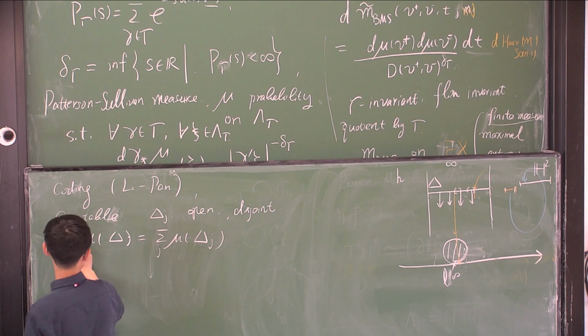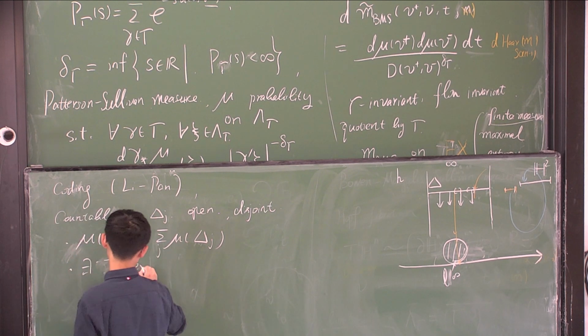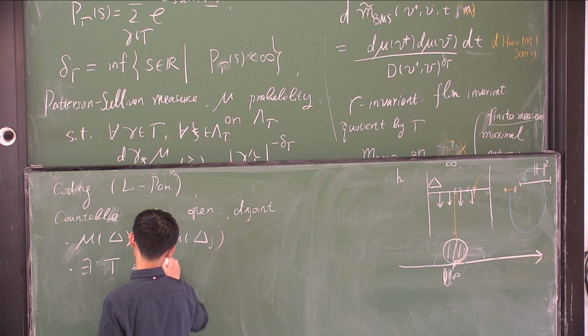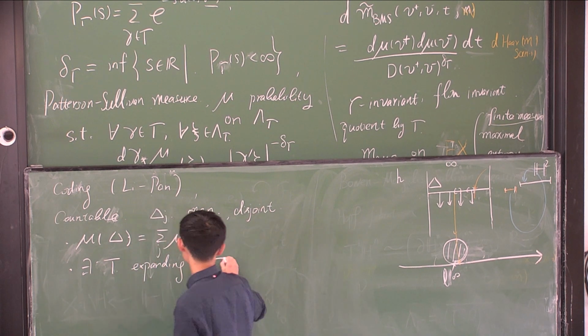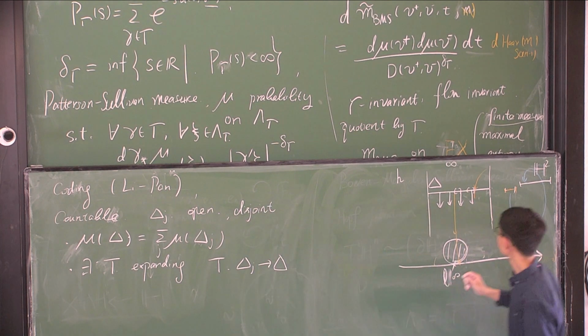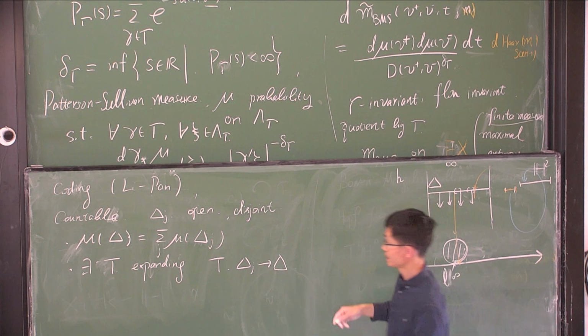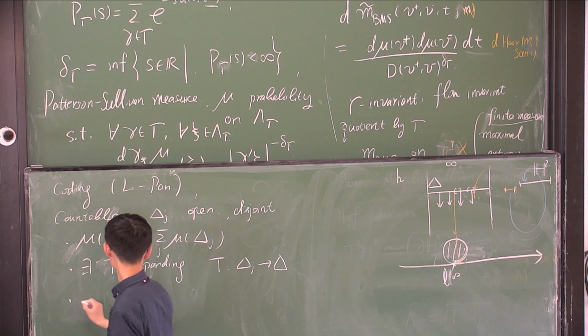And for each gamma G, there exists an expanding map which maps delta G to delta. So this expanding map is induced by this kind of return here. It will expand this piece. And moreover,